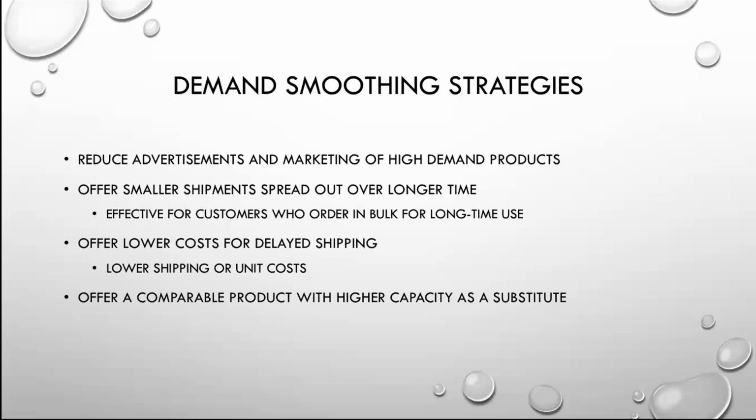Obviously, your pricing strategy needs to include all these additional costs, but sometimes this is a valid strategy. So offer lower costs for delayed shipping. Amazon uses this a lot. So let's say you order something on Amazon and they don't have it immediately available. They may say, hey, look, do you want it now? Or we'll give you free shipping if you want to wait 5 to 7 days. In many cases, some people will say, you know what, I don't need it right now. I'll just take the discount on the shipping and wait the 5 to 7 days. This is how Amazon smooths demand, using shipping as an incentive to buyers.